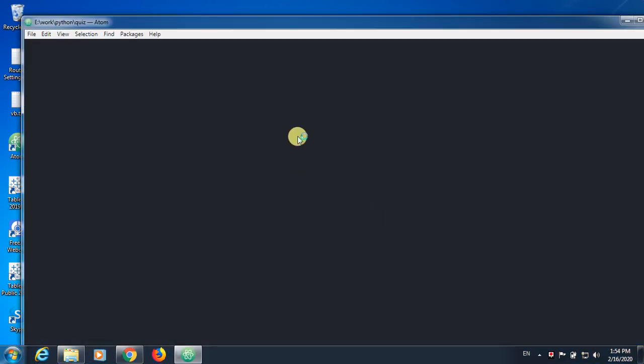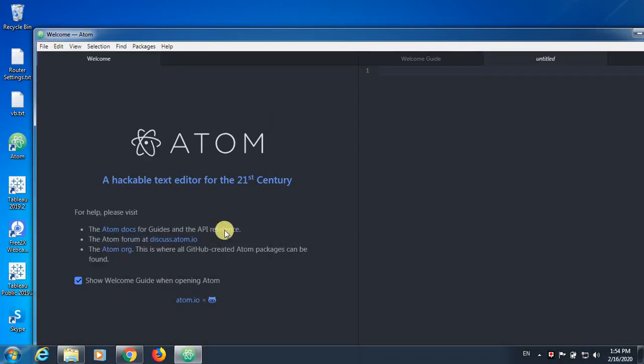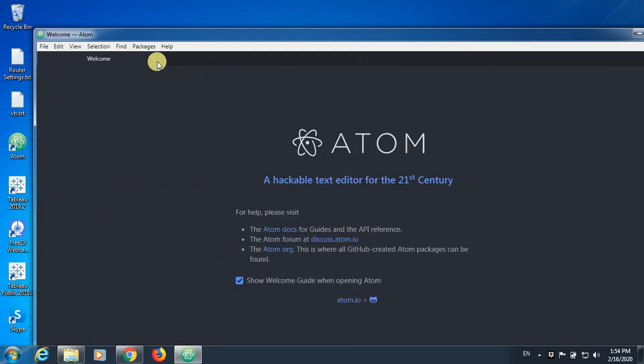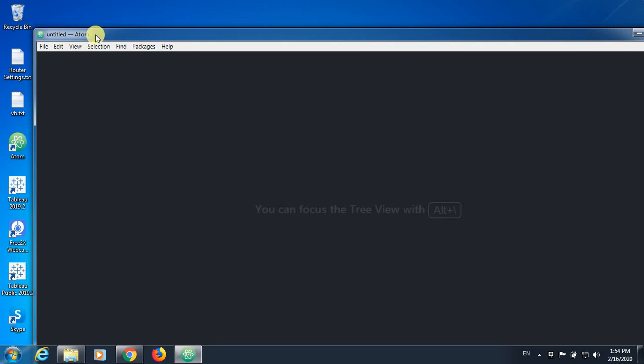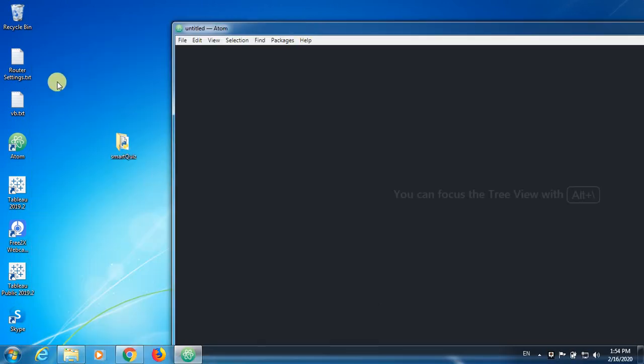And Atom opens your previous project. So whenever you open Atom, I'm going to open a new window so that I can get rid of my previous project. And now you can simply close all these. Atom will simply drag this folder. Where do we have this folder? Let us go back. Okay, I think I have this here, just to drag this folder so that now I can open this server